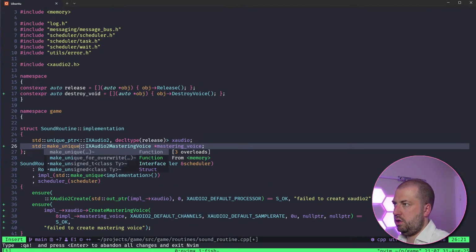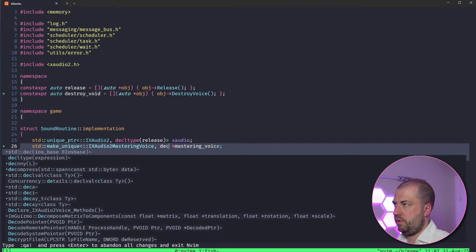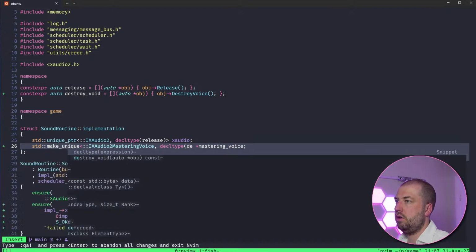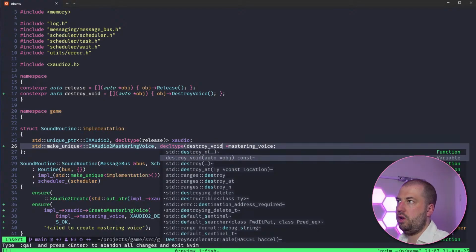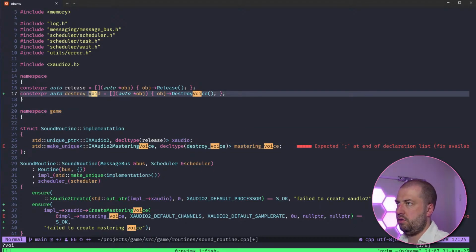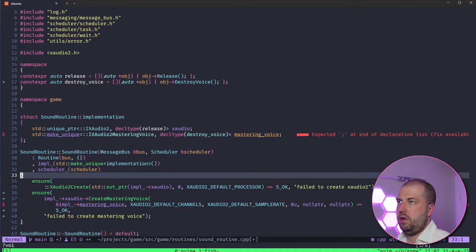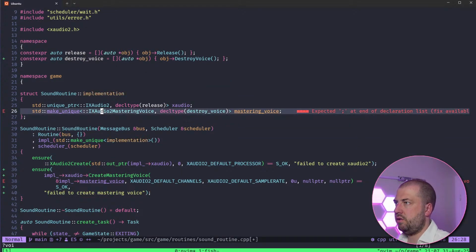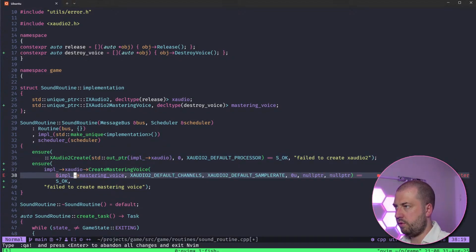Make unique, decltype, destroy voice, destroy the void. Okay, fine, I'll fix that in a second. That doesn't need to be that. That doesn't need to be that. Void voice. And then this means this. Not my best typing today. It's normally pretty abysmal anyway. Third out pointer. Get that. Prefer that. Right. Okay.